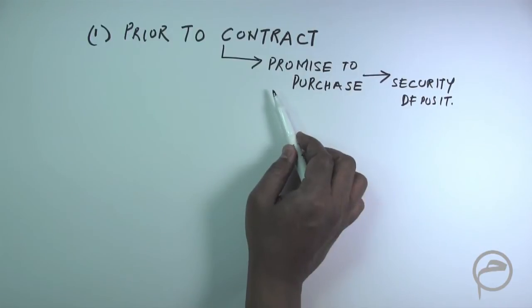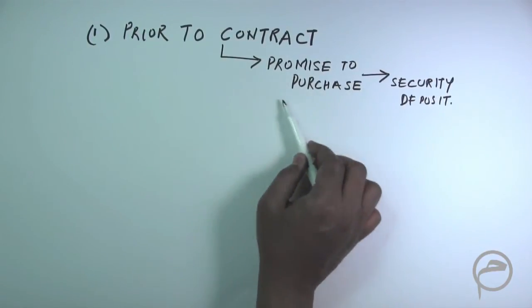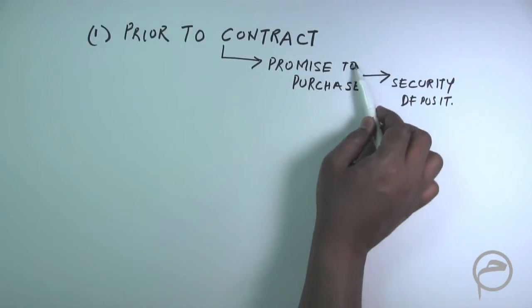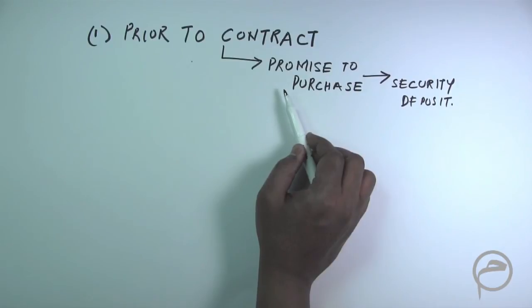Generally, in case of Murabaha transactions or other kinds of sale transactions which we have discussed, there is a promise to purchase which is given by the customer in favor of the bank, saying that once the bank purchases the assets for the customer,